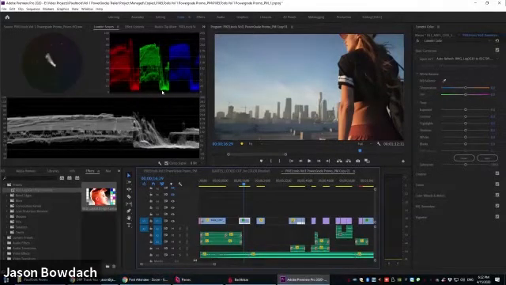By that, I mean the shadows are black, meaning we don't have more red, more green, or more blue, but we do have a little bit more red in the highlights. And while you may technically not say that that is balanced by definition, it is a warm day. She's on the roof. This looks like it's either New York or California. It is supposed to be a little bit warm. So in the context of this clip, this is a balanced clip. And if I wanted this entire scene to be essentially a warm look, this would work for me.